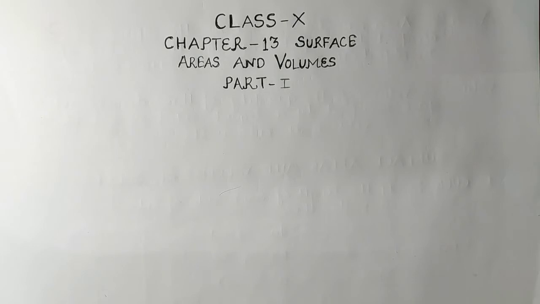Students, this chapter we have studied in class 9th also. There we have studied about the solids cube, cuboid, cone, cylinder and sphere. Here also we will study about these solids, but here we will solve the questions related to their conversion as well as the combination of these types of solids. And one more type of solid you will study here, and that solid is the frustum of a cone. So firstly, let us revise what we have studied in class 9th.